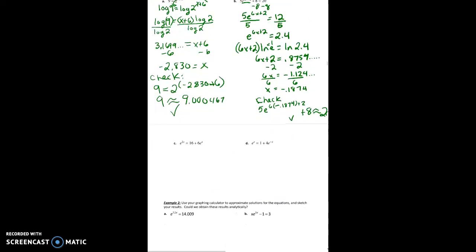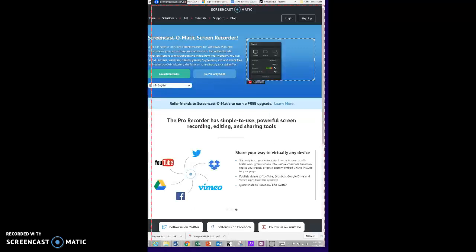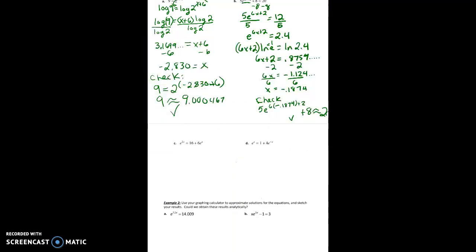Okay? Now we're in C and D, we're still solving algebraically. These two are a little bit more complicated because we're going to have to use a method of substitution. Now you've done this before, so this shouldn't be anything too difficult for you. So we're still going to look at this problem and see what we notice. I notice I have an e to the 2x on this side, and I have an e to the x on this side. However, I have a plus 16, and because I have that plus 16,